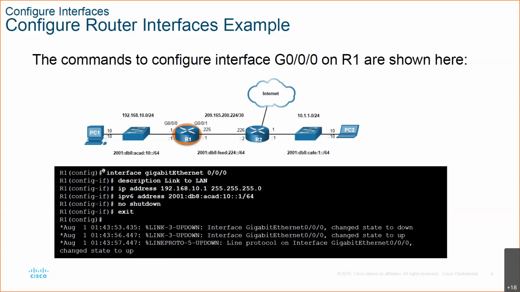For example, here we are saying interface GigabitEthernet, Router 1. We're talking about this router. Interface GigabitEthernet 0/0/0, so we are talking about this interface. And then we say the description is "Link to local area network." And then I give an IP address. Now the IP address you give over here should match the network of